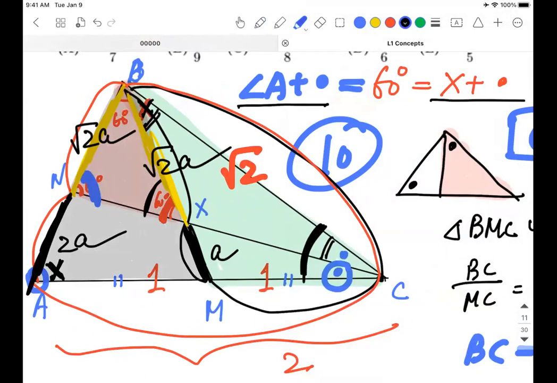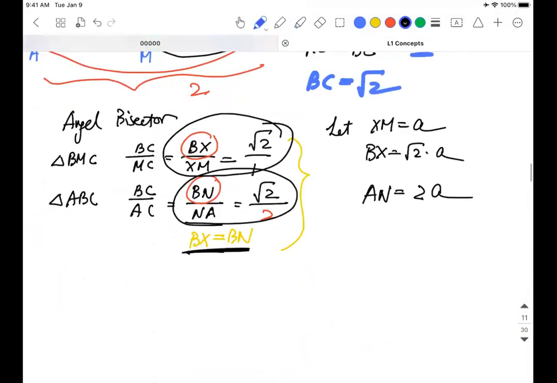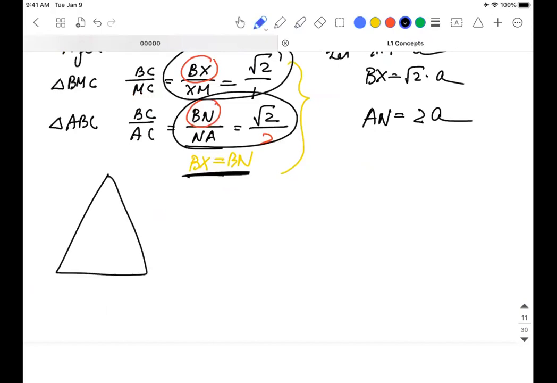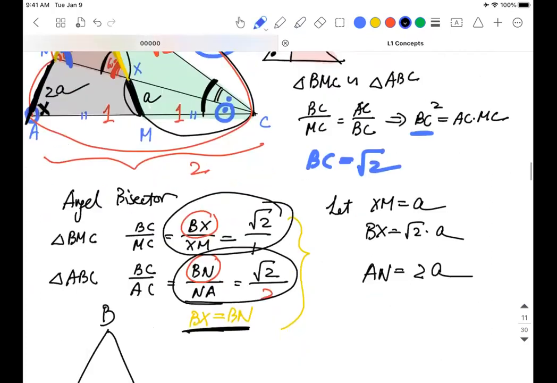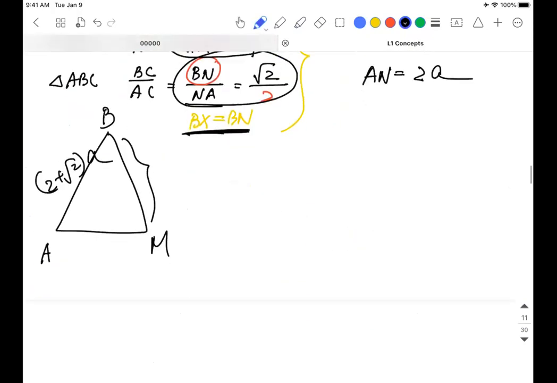Everything is there, right? Like I said, cosine law is so important. You're going to use it all over the place. That's a brilliant answer. So I'm going to do my little triangle ABM, because one side is going to be 2 plus root 2, A. This guy is going to be root 2 plus 1, A. This guy is going to be 1, and this is your 60 degrees. So you just basically use the cosine law